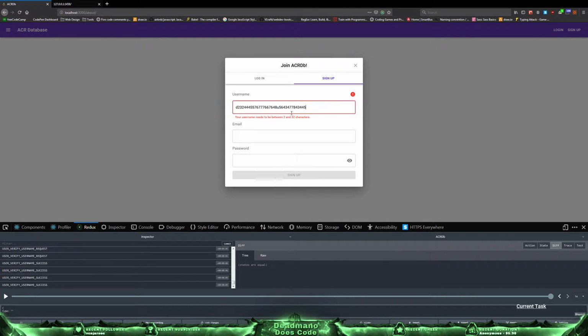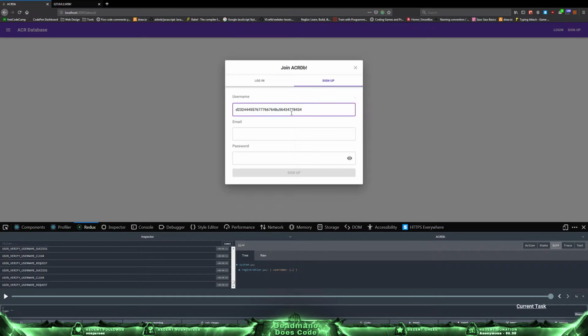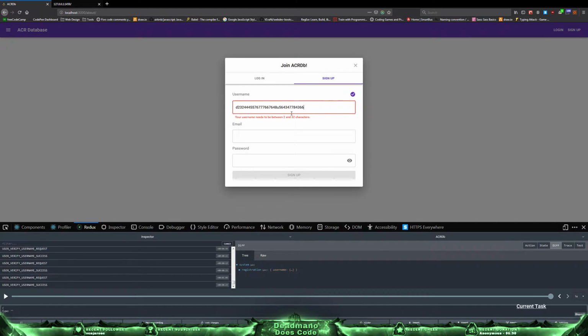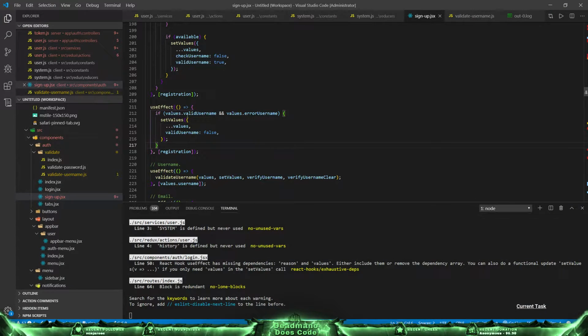35 characters, go. Okay, there. Wait, 1? Okay, cool. So 2 back. Okay, so it's still there. State did change. Registration was still valid. Now what is our check currently? If values.valid username, which is true, and values.error username. And we know for a fact that this is the previous state. So what we essentially need to do is